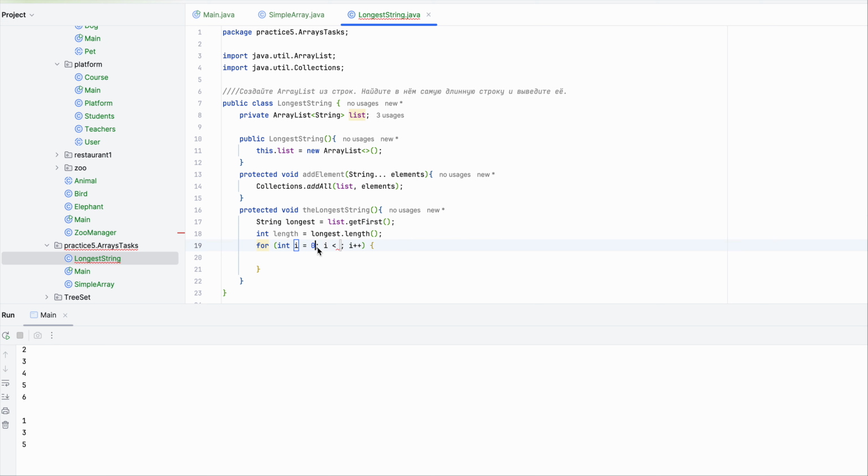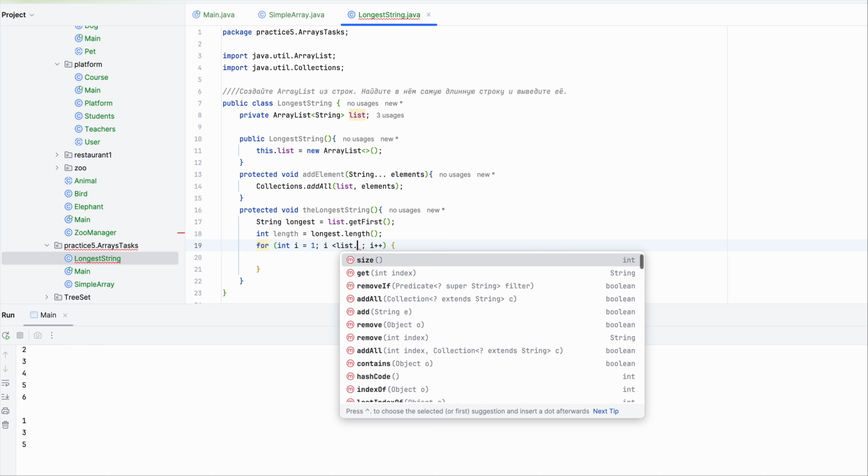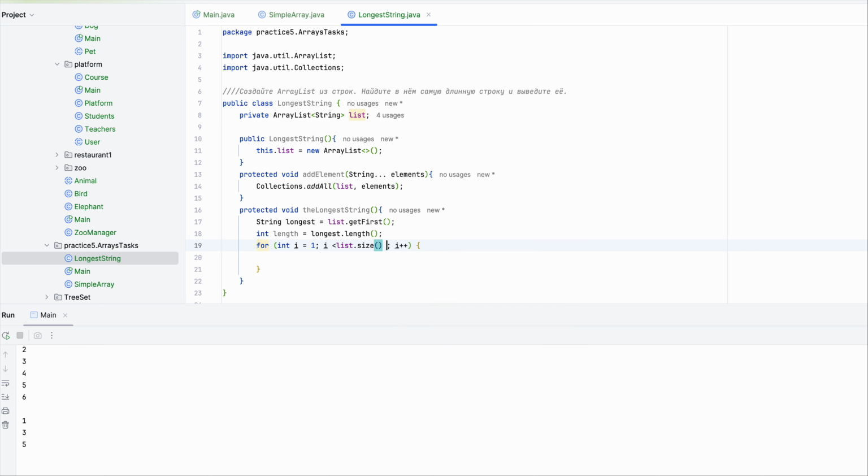So let's start from 1, and let's iterate until it is less than array size, list size. Okay, so we have the first,